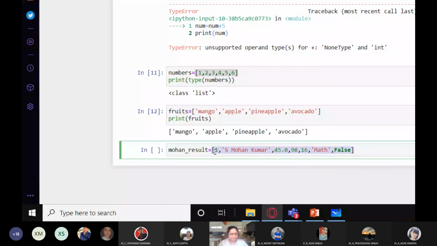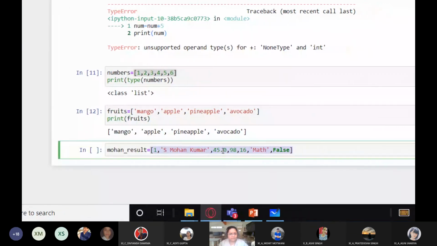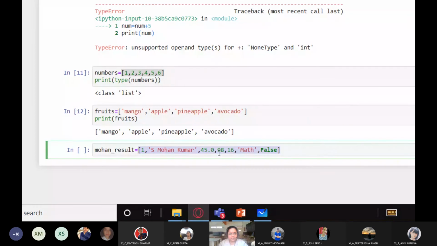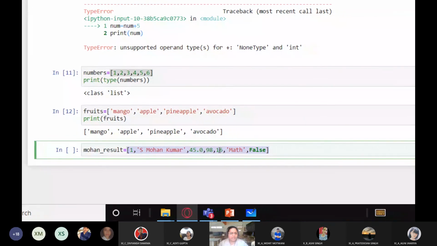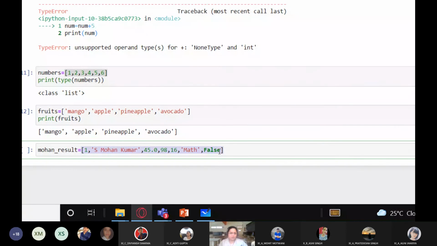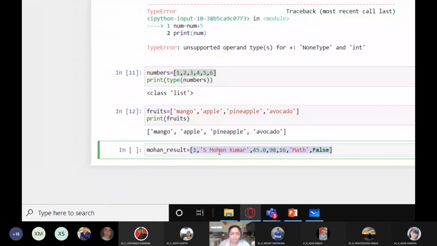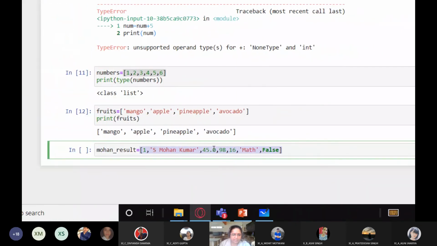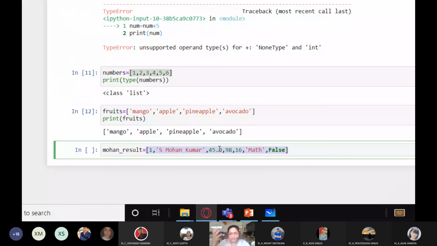So this is how it is. The roll number, name of the student, marks in any particular subject, and then your percentage and the age of the student, the favorite subject, and whether he is a hostler or not. Hostler means he lives in the hostel or not, right? So you can send this data to a file, and when you fetch the data from the file, the data is fetched in the exact same format, and you can use it for either displaying it in a tabular format or for doing a lot of things which we will study gradually.